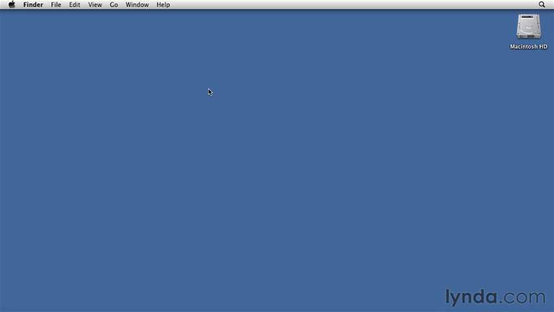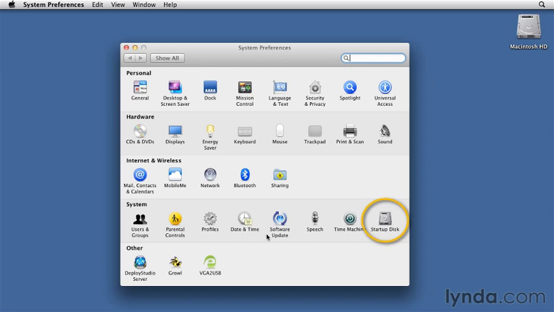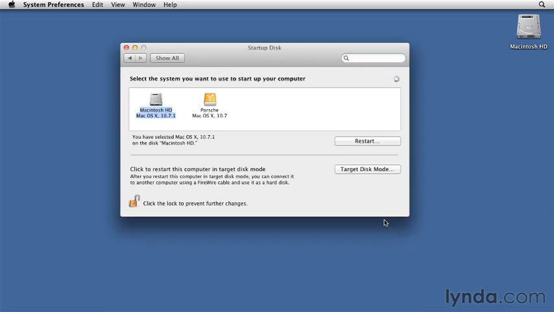Let's take a look at the startup disk system preference. If you have only one hard drive attached to your Mac, and that's often the internal hard drive, it will start up from that disk every time you start it up. However, you have the option to start it up from a different disk if you've attached a different disk to